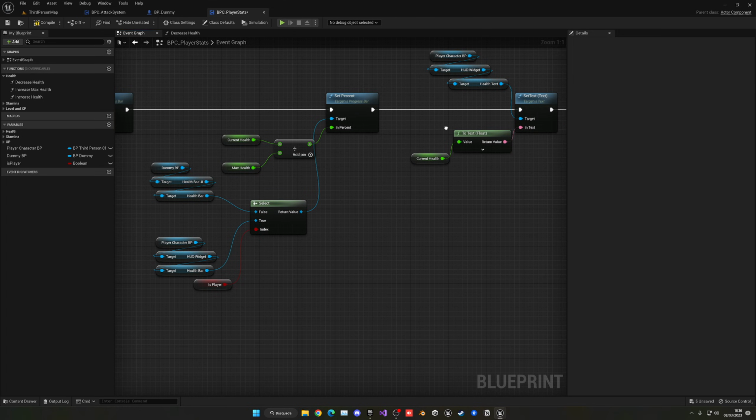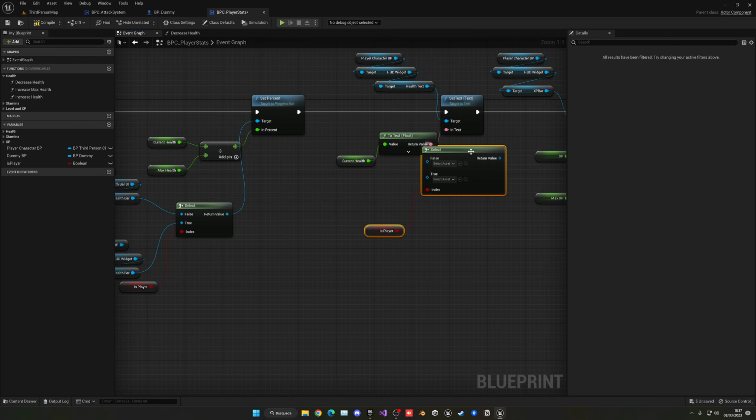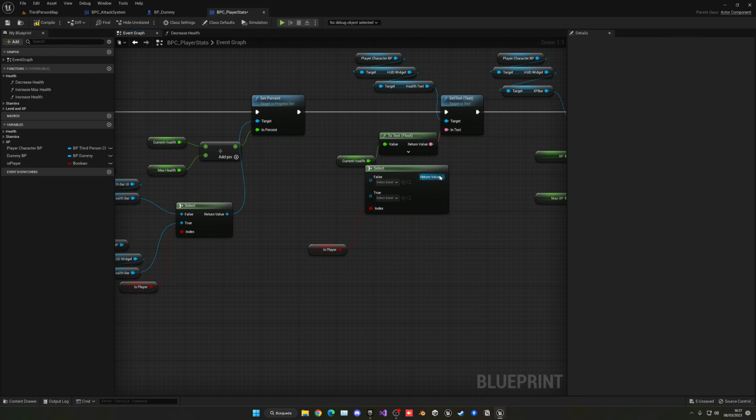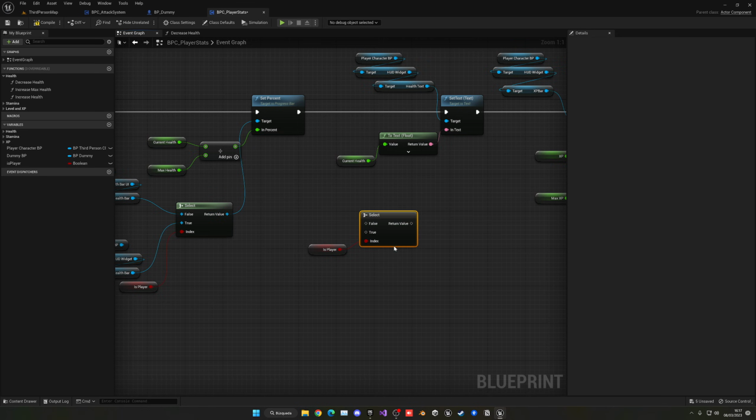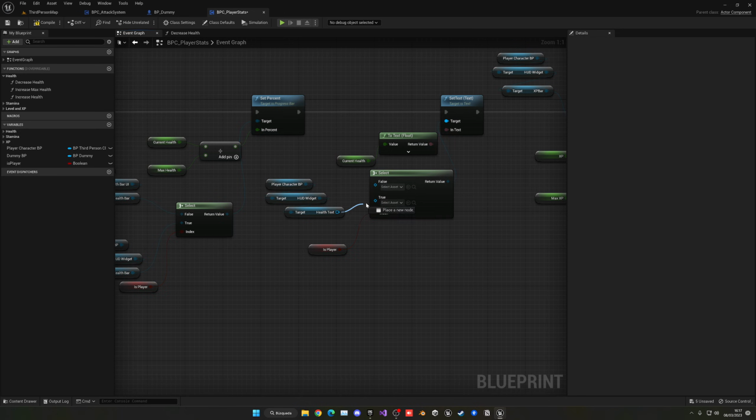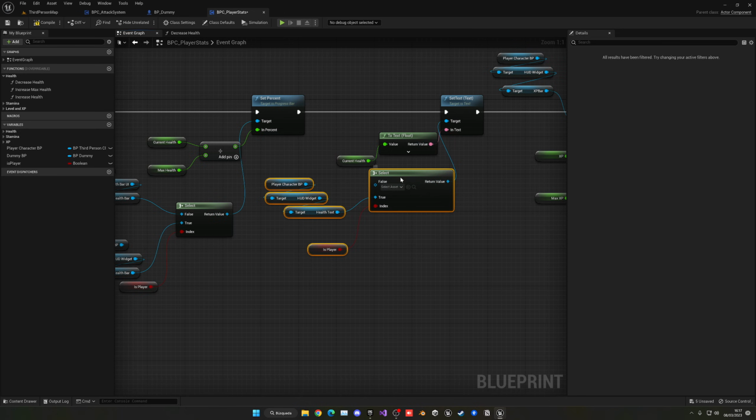And now let's do exactly the same with the other set the text of the health. So copy these two nodes, paste it here, then plug that into the target. Yes, we need to change the type, so actually delete this, make another select, and then drag it. So it basically is another type. Now it's not health bar, now it's the text. So disable the text here, select everything, go down, put it on true, and now we have to go ahead